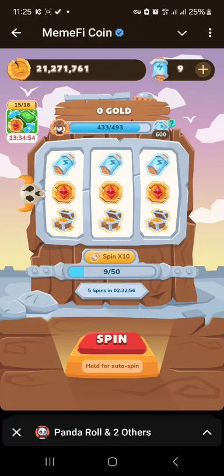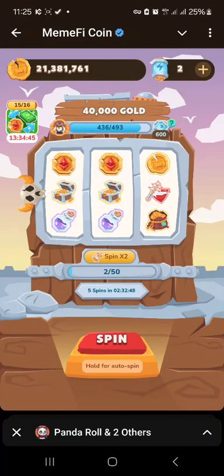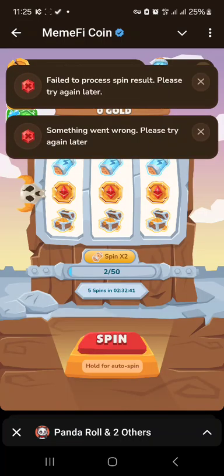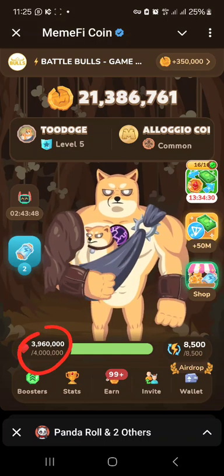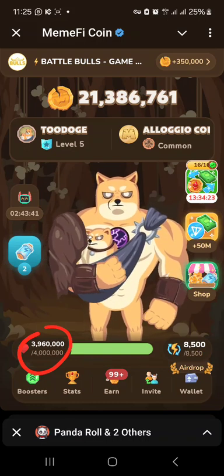I have 9. I can decide to spin 1 or spin 2. Let's do spin 2 times. Okay, so it's finished. Let's go back. You can see the damage I did to the boss, and it brought it down from 4 million to 3 million, and now